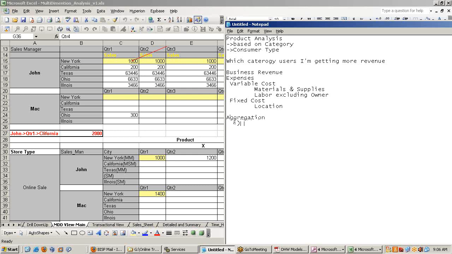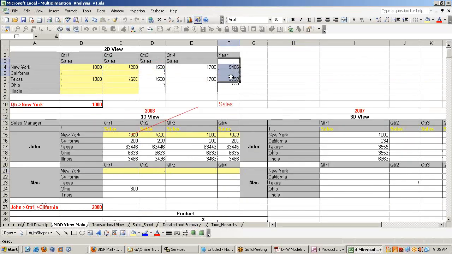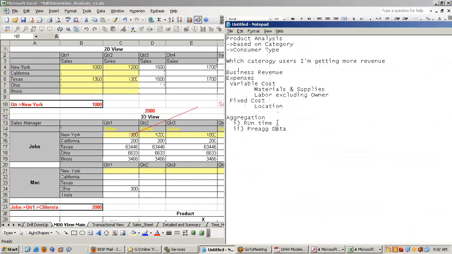They use two terms, runtime and pre-aggregate. A simple example here. Let's say I want to see the yearly data. How do you find yearly data? Runtime means when the user requests, you calculate this.